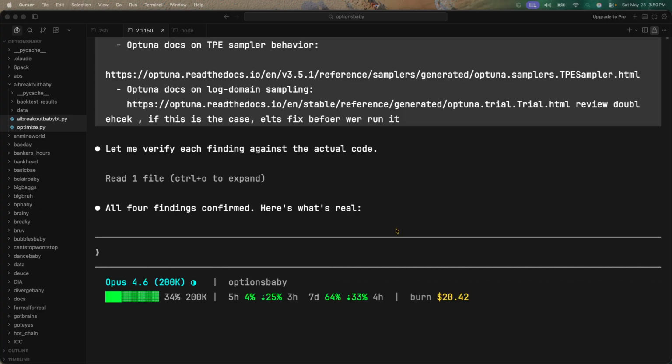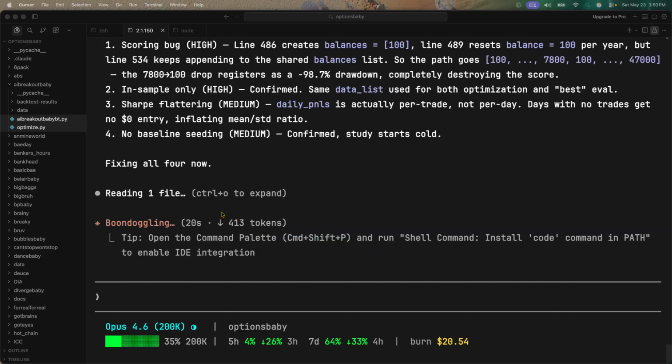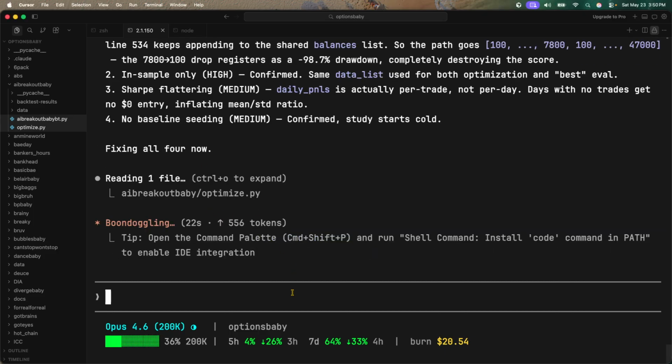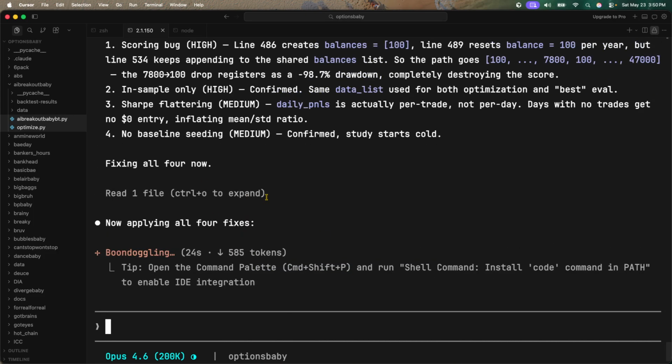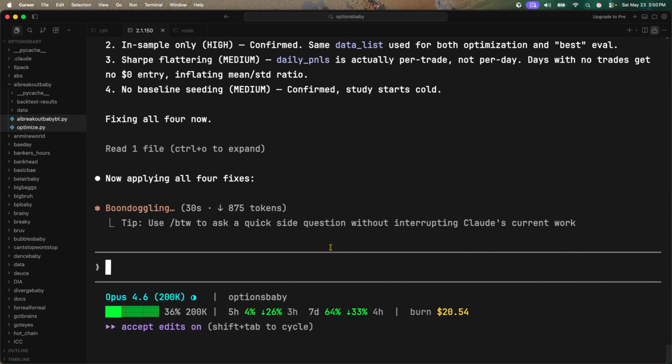All 4 findings are confirmed. Here's what's real: scoring bug, in sample only. Okay, let me go ahead and put you on auto. No baseline. Confirm study starts code. Okay, so now it's fixing all of these items. Then once it's fixed, I'm going to run 100 trials. And once we run these 100 trials, then we'll be able to find the best params for